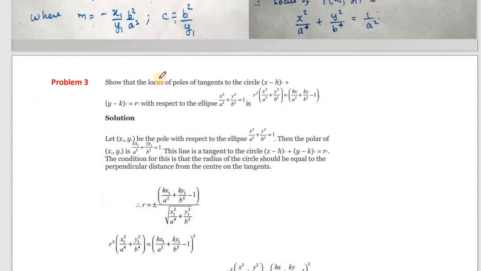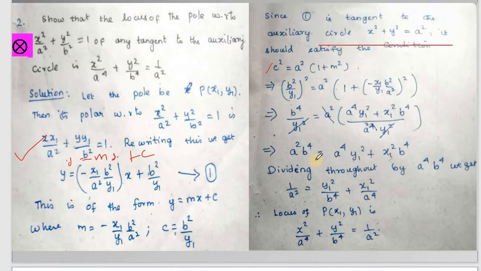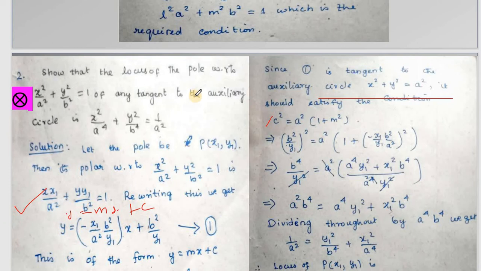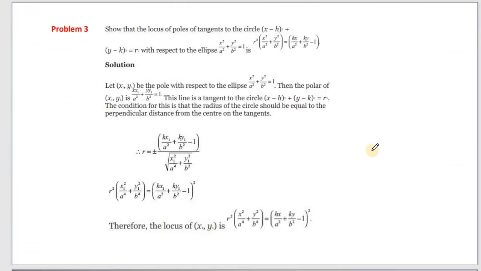Next one is show that the locus of poles of tangents to the circle, some circle is given, but here we notice that the center is not (0, 0) as in the previous case. In the case of the auxiliary circle, we had the center to be (0, 0). So if that is the case only, the condition will be like this. If that is not like that, then the technique to be used is